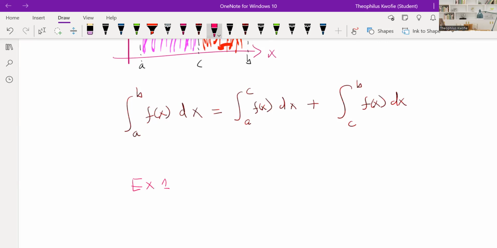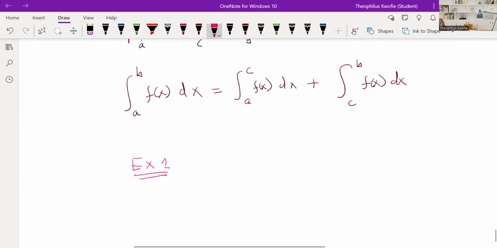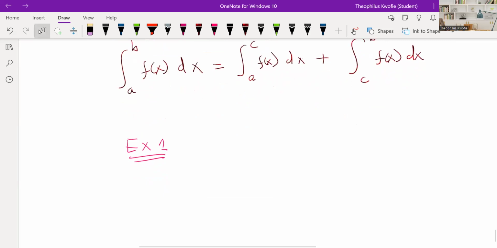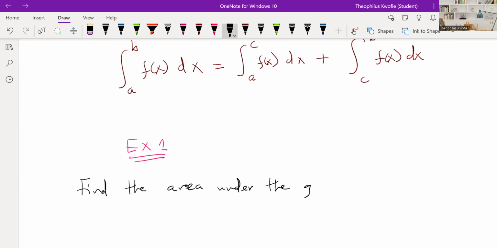So example one. With example one, we want to find the area under the graph of y equal to x to the power 2 plus 1 over the interval